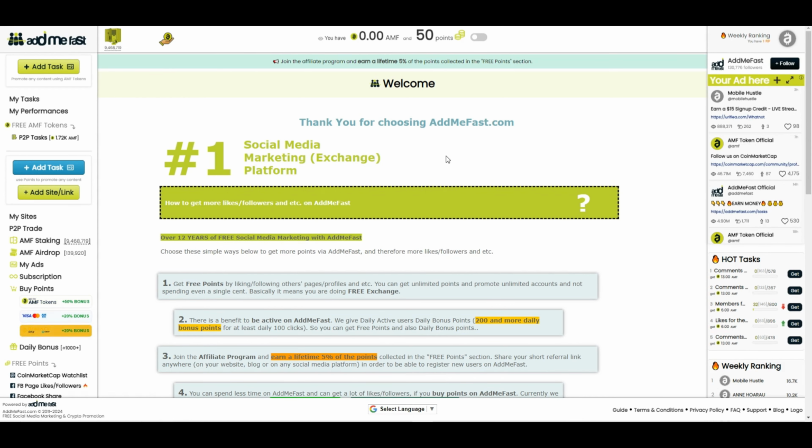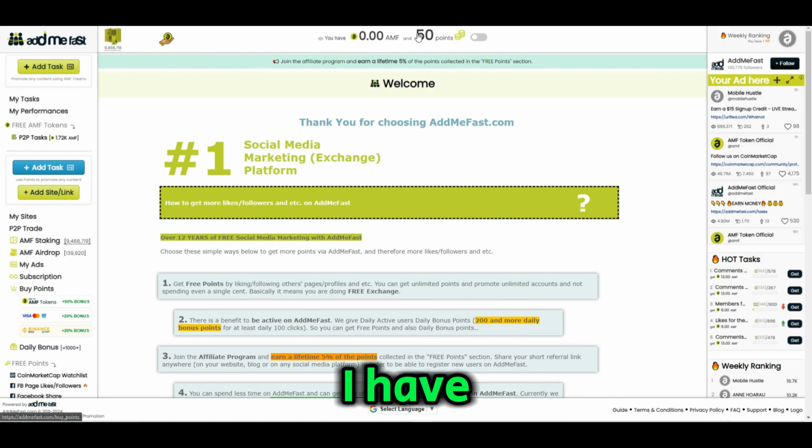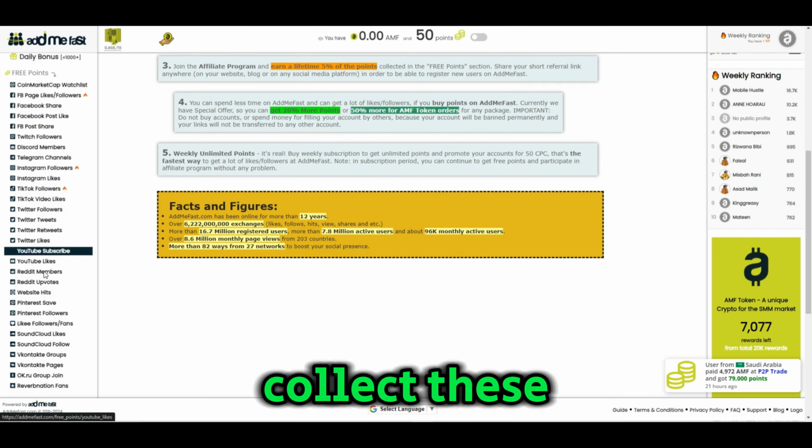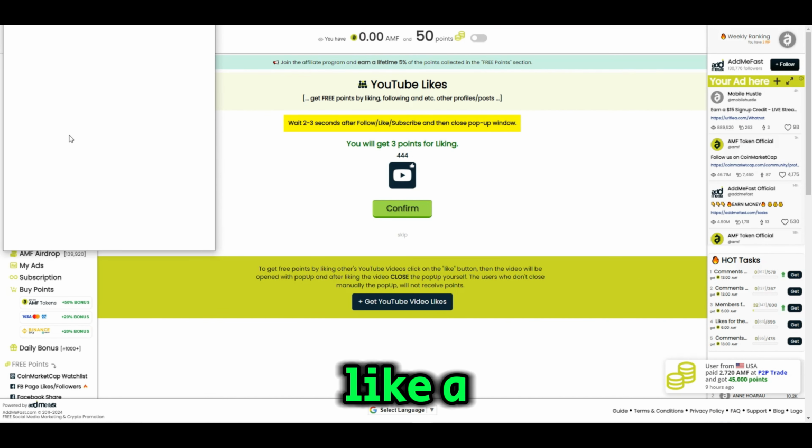After logging in, you need to collect points that will then be used to gain TikTok followers. As you can see, I have 50 points. There are many ways you can collect these points. YouTube likes, for example. All you have to do is click on like, and a YouTube video will pop up